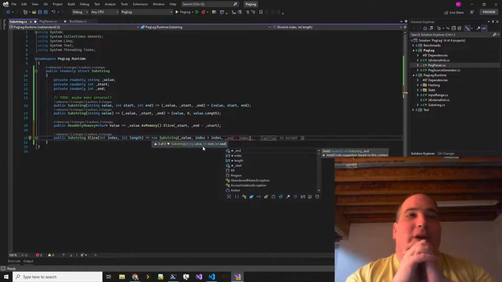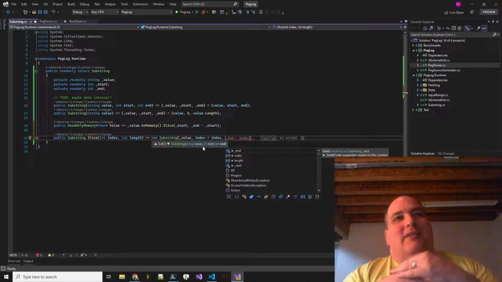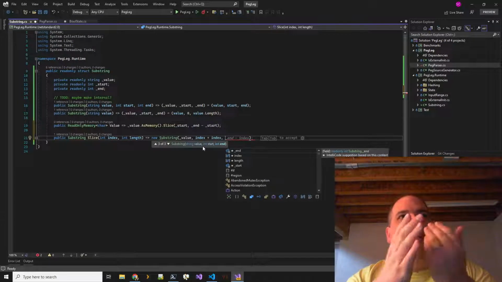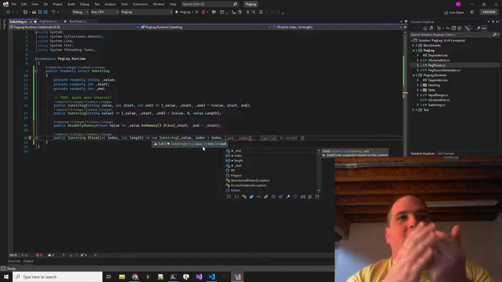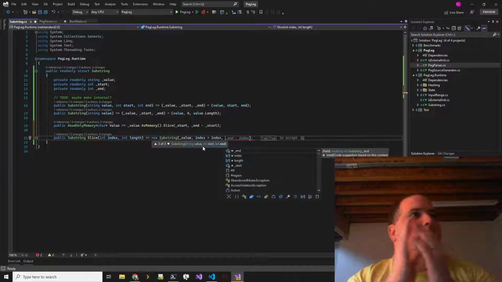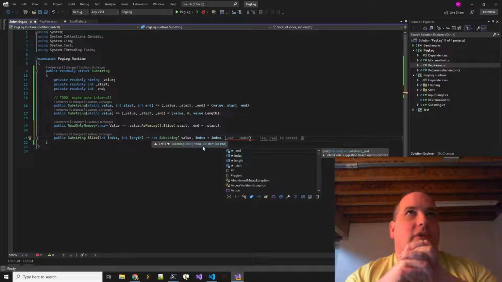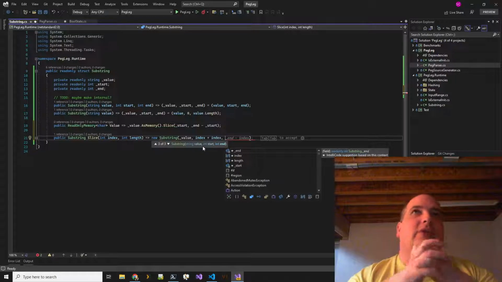I gotta figure out if that's right or not. Let's see. So end would be our current end, and we're slicing into this with a certain length. The end would be, let's base it off of the index. Let's calculate the new end based off of the index.